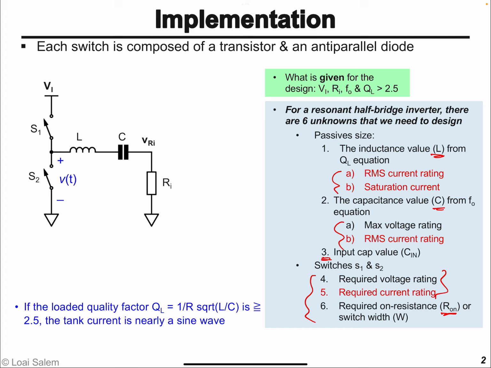And in a previous video as well, we found an equation to find the required inductance L as well as the required capacitance C. And we discussed that in order to find the current rating of the inductor as well as the capacitor and also the maximum current in the switches, we need to find an expression for the current in the series resonant circuit. And to find the current, what we did is we evaluated the equivalent input impedance of the series